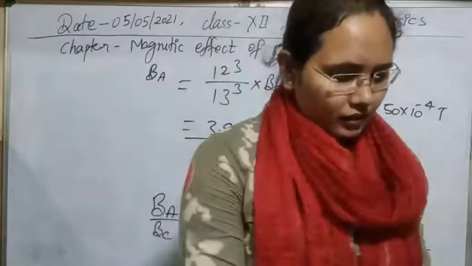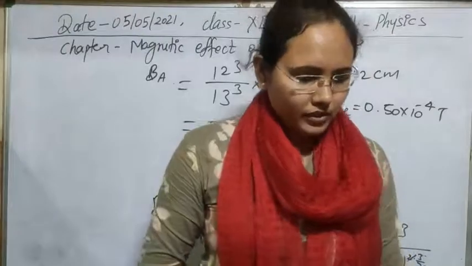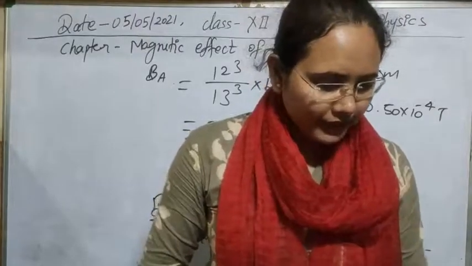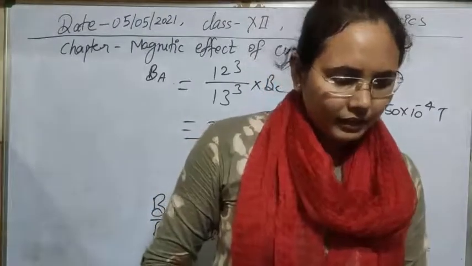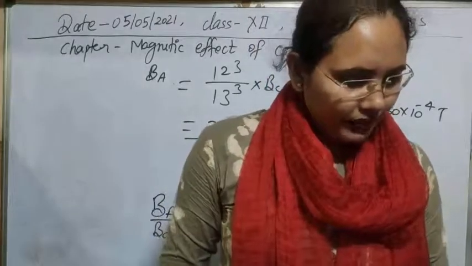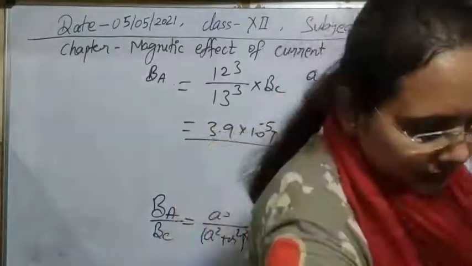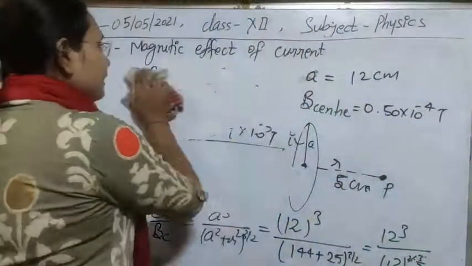So the second question that we have: two identical coils. Just to listen to the question. Two identical coils, each of radius capital R and having number of turns capital N, and lying in perpendicular planes such that they have a common center. So the first thing given to us is that we have two identical coils.